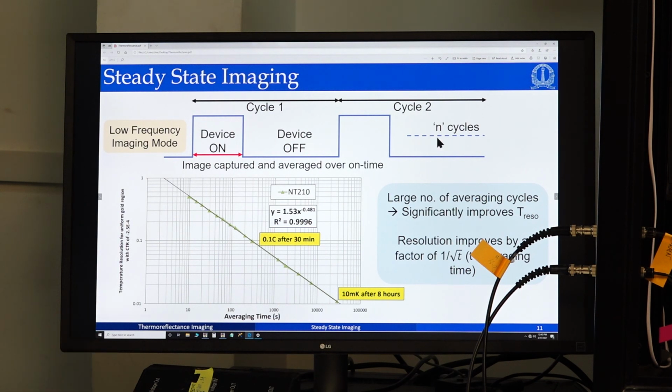But there is one more thing. To ensure that the device heating up during the first cycle does not affect the temperature during the second cycle, we have to ensure that the device off time is significant. To do that, we generally keep the duty cycle to 10%. We should keep this as low as possible. The duty cycle should be very low so that the residual heating from the n-1th cycle does not affect the nth cycle. With this waveform in mind, we'll go to the software module.